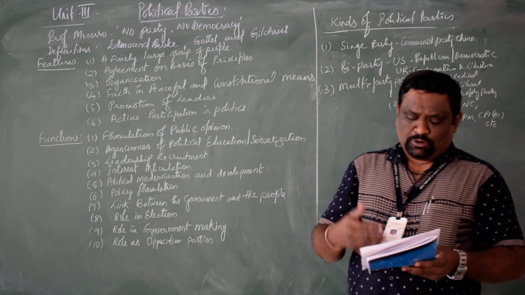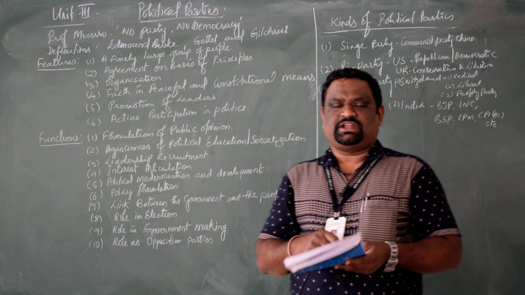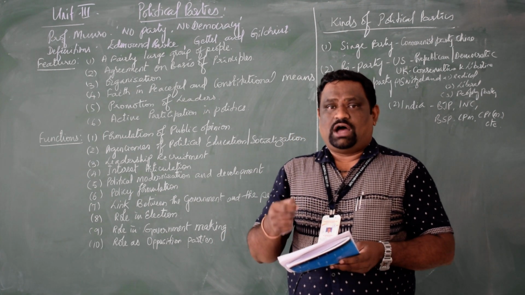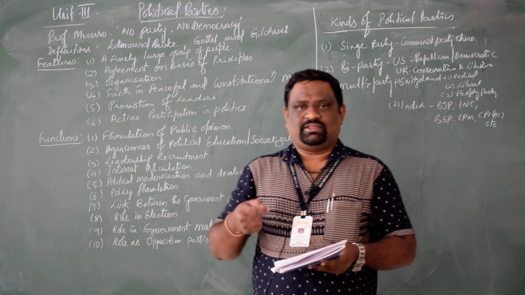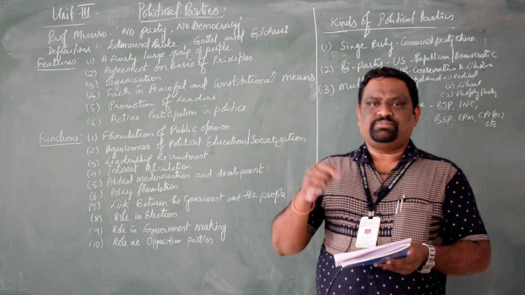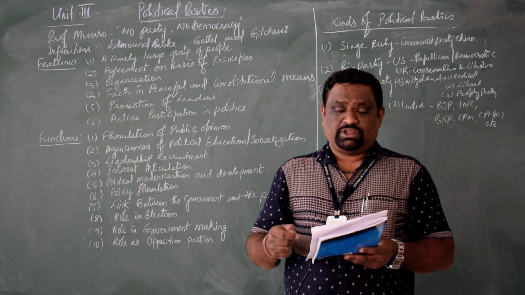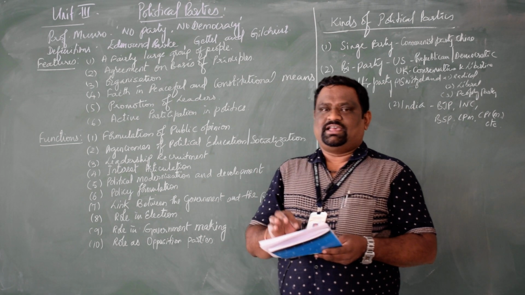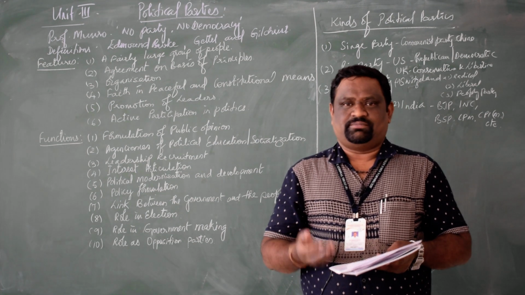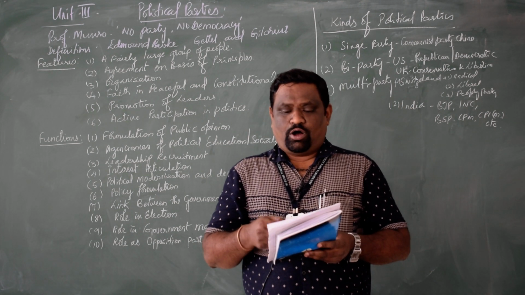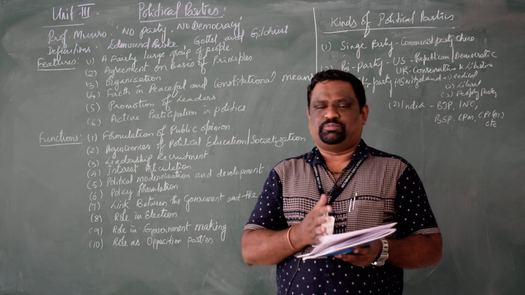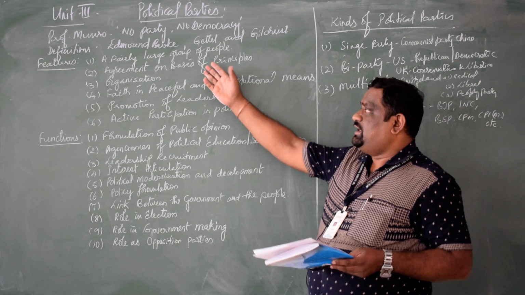In simple words, if we look at all three definitions, we can find one very important point: it is a group of organized people who share their ideology, views and experience to form a policy of the government. So the political party is not just an organization or institution to share opinions, but also an agency of an extra-constitutional structure which directly influences the government to make the laws. So this is the definition part.